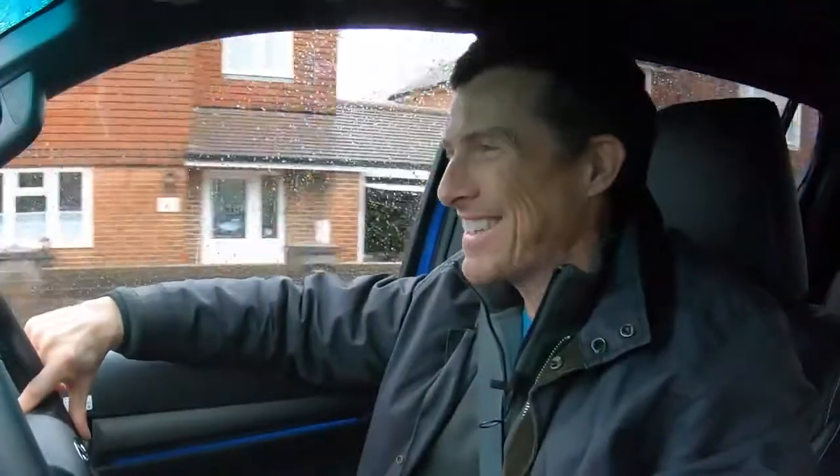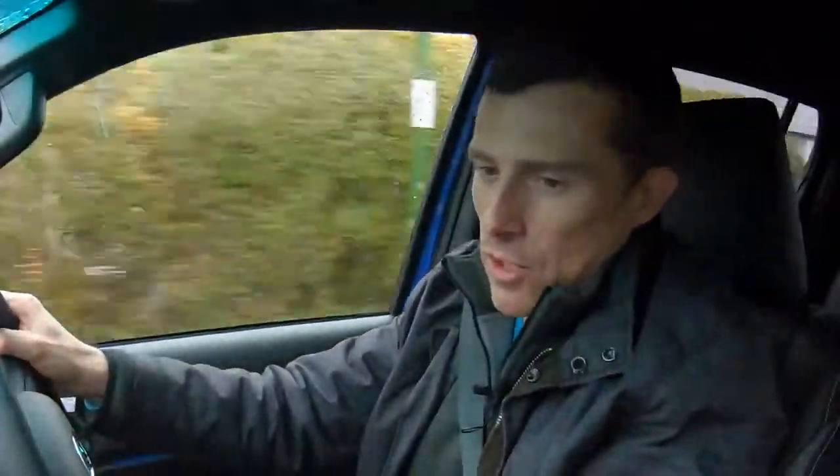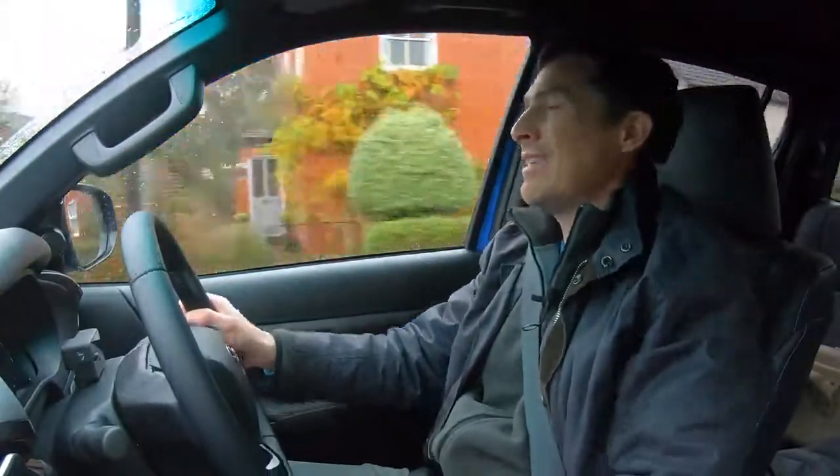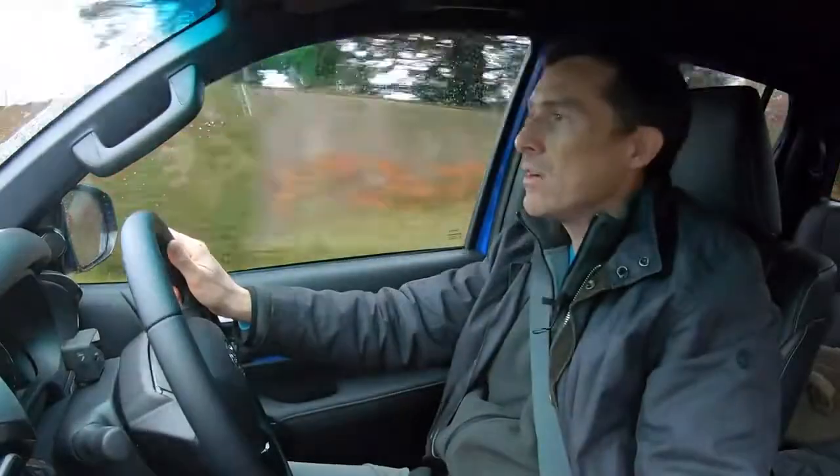Needless to say, I did laugh like a 12-year-old boy. But it does the job. It makes it slightly smoother. You're not bouncing up and down quite as much as you are in older pickup trucks. Is the ride brilliant? You know, it's still quite jiggly, but I don't think it's any worse than my own